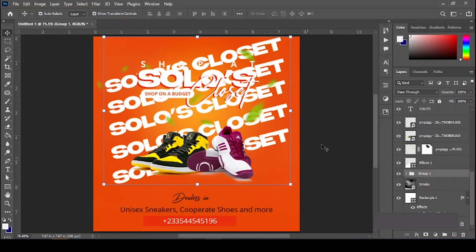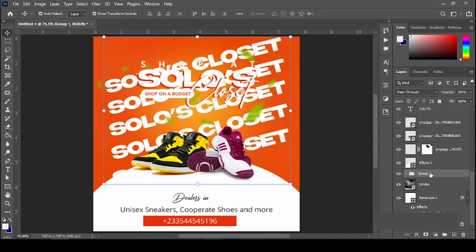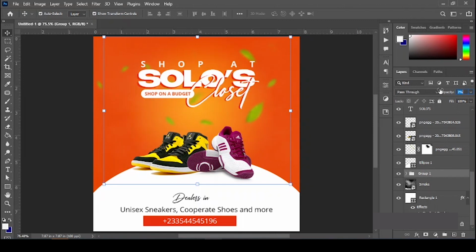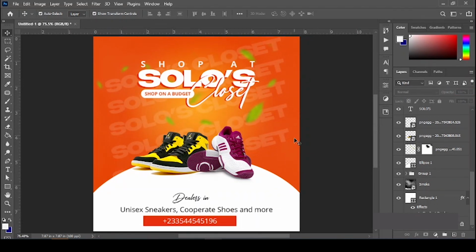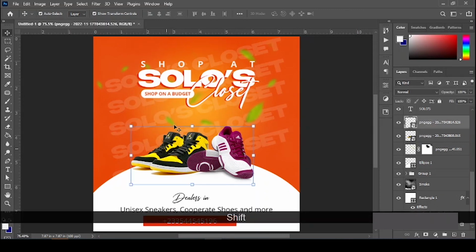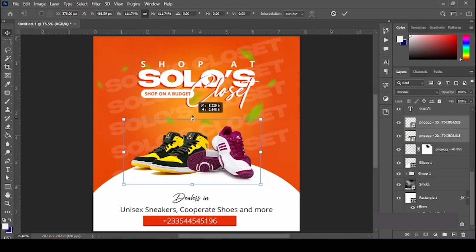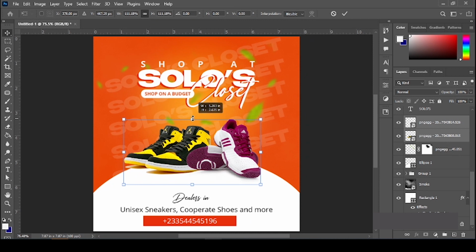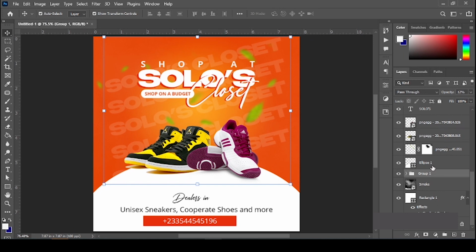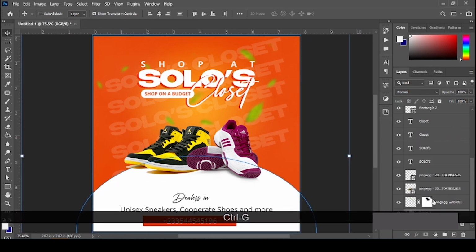Okay, so I'm going to put that one behind it, and with the group selected, I'm going to reduce the opacity so we kind of have a feel of the name at the background. Okay, so let's maintain a figure like 10 or even 12% is okay for this one. This is how you can design a flyer in Photoshop with all the techniques that we've learned. You can select this one, make it a little big, okay, not too much, and I can also select this one. So let me group my background from here all the way to here, group,